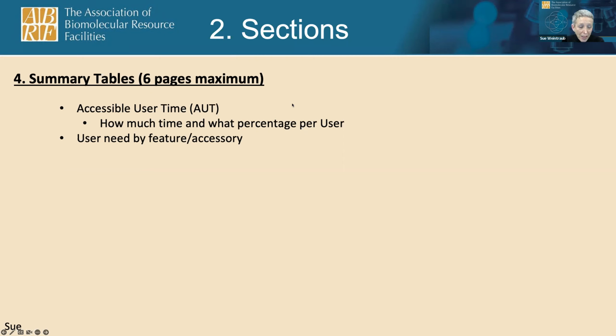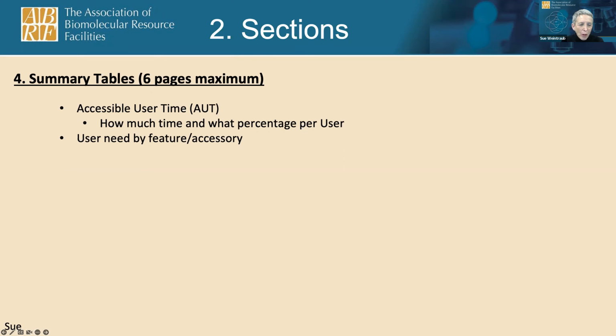If all the investigators need all the features and all the accessories, you don't need to list them and just say 100%, 100%. But the key here is if you have, let's say, 15 major users and only one needs an expensive accessory, there is the possibility that that accessory line will be cut out of the budget. That does not impact your score. Budget has nothing to do with score.